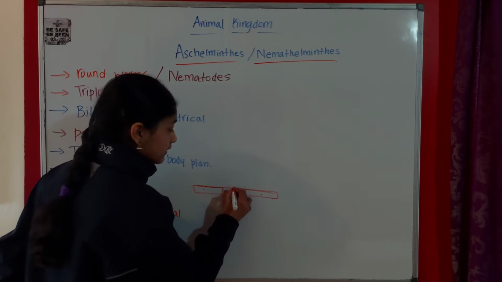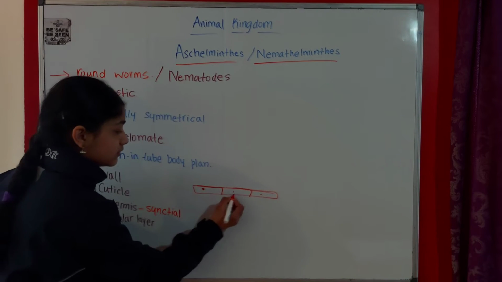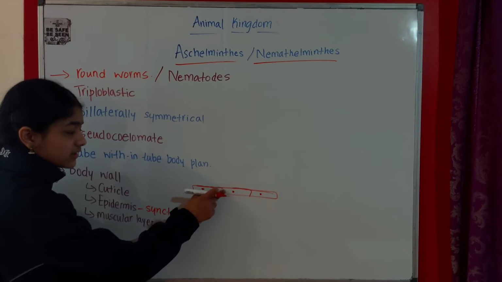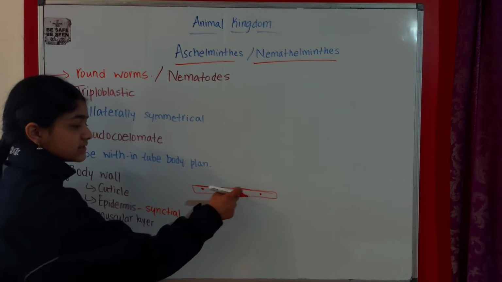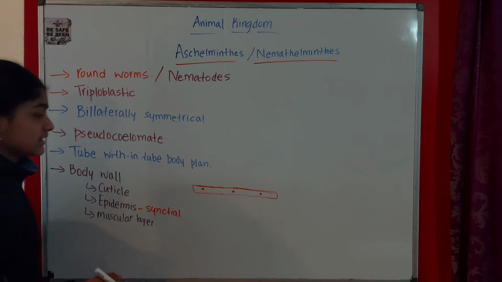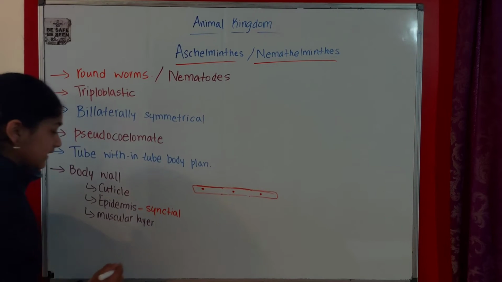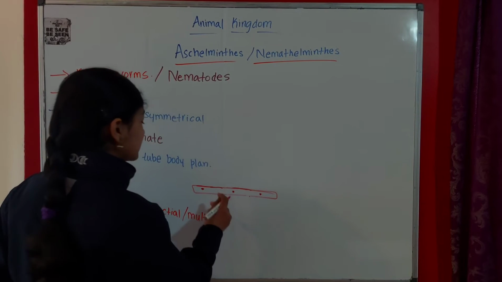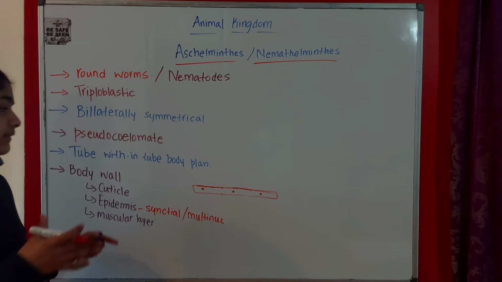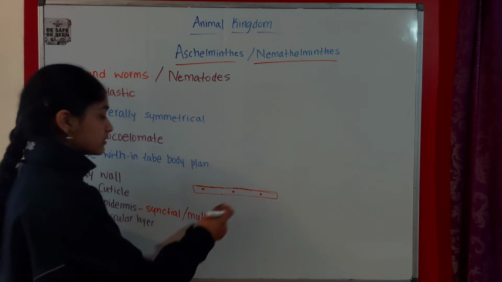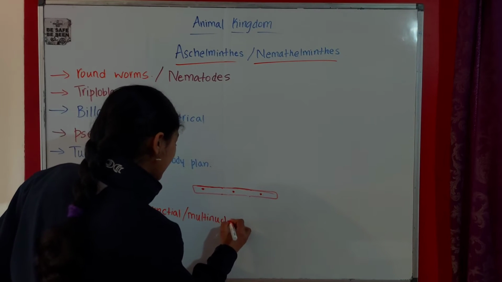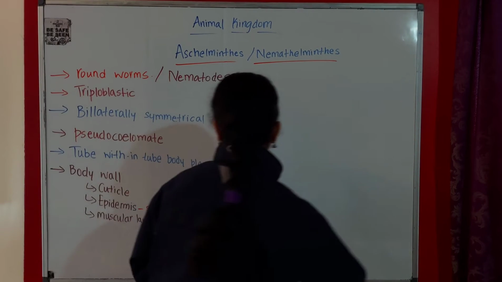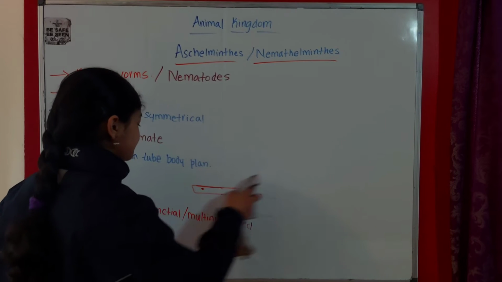So usually it has to be present like this. So here is a nucleus. Here the epidermis is syncytial, but syncytial means there is no boundary between the cells. There is no layer which is differentiating between two cells. That's why it appears as multinucleated. So syncytial means multinucleated or undifferentiated. We can't differentiate between the cells. There is no boundary that we can see between the two cells. That's why they appear multinucleated. This is a very important characteristic of nematodes. They have syncytial or multinucleated epidermis.